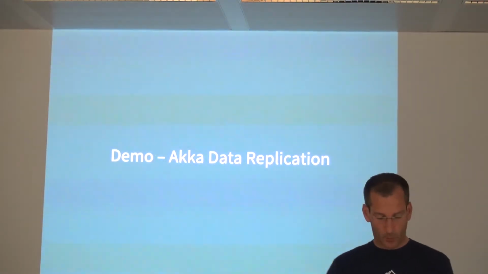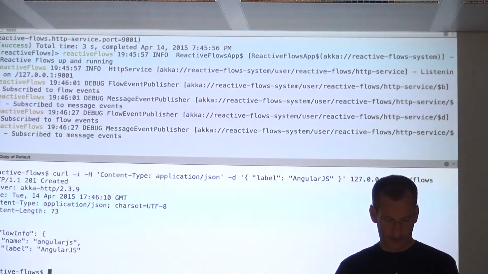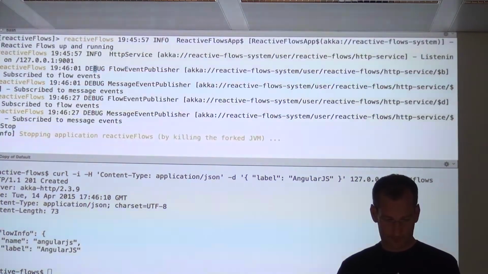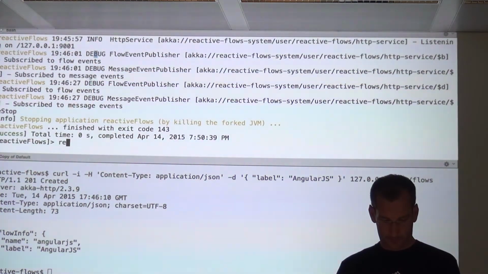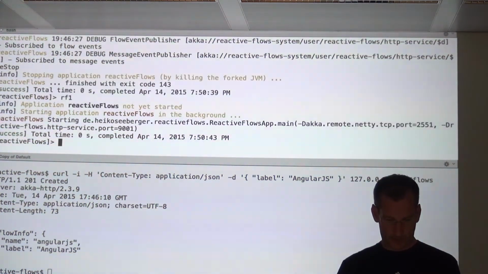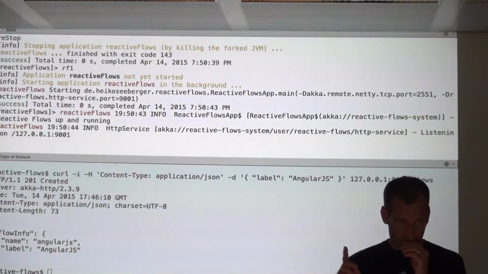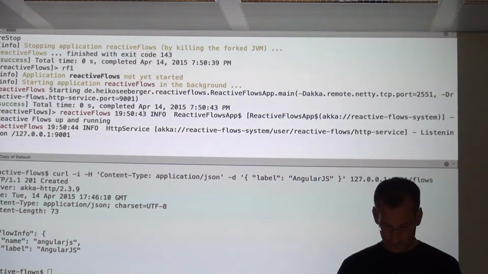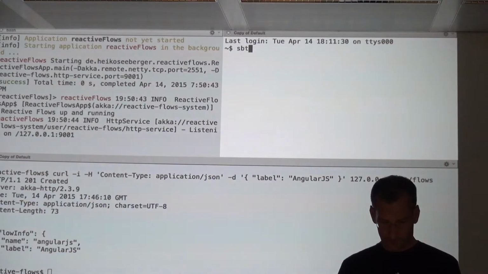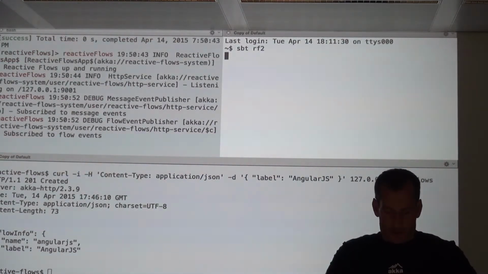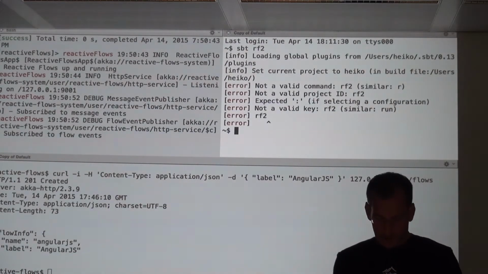And that will be employed now in the next step here. I will fire up 2 nodes now. The second node, oops.